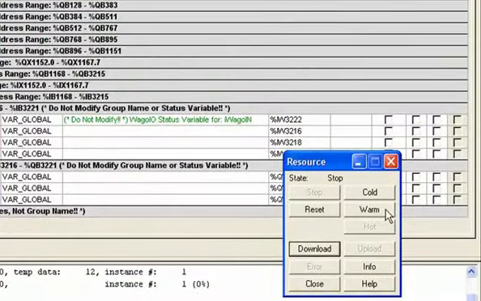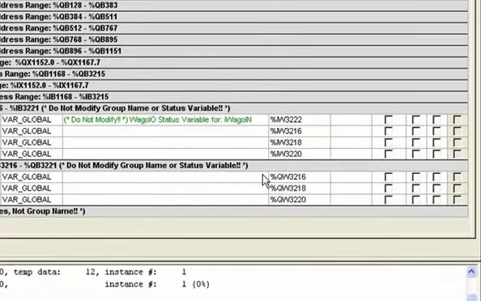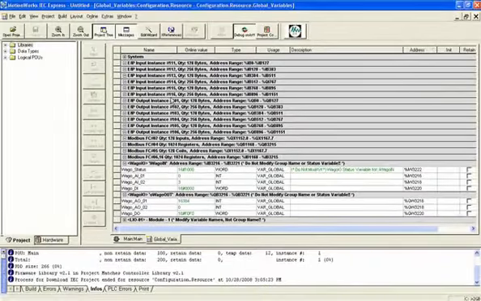Download and do a warm start or cold, and close the resource box. And there you have it. That's how you set up the configuration and the variables to communicate over Modbus with the MP2300 SIEC controller to a Wago